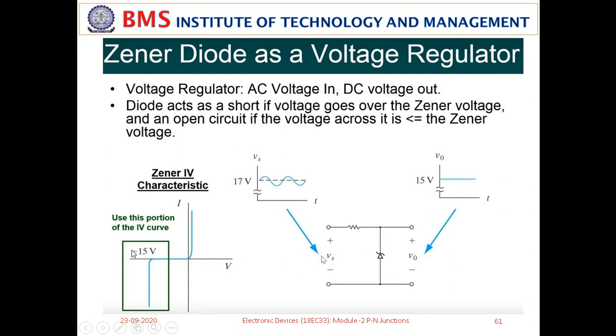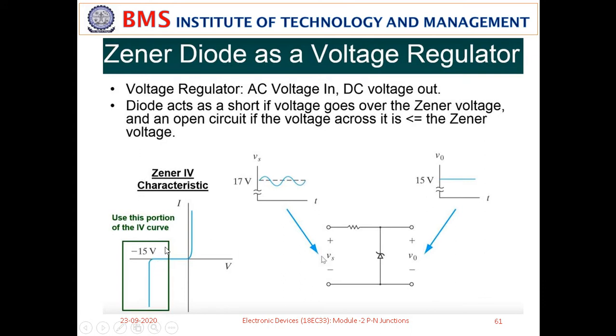So, the Zener diode. If you look at the characteristics, the forward characteristics are almost the same as a normal PN junction. Current flows in an exponential manner, but in the reverse characteristics, this is a specially designed diode which should be operated in reverse bias. Whenever a breakdown occurs, the Zener maintains a constant voltage of minus 15 volts. So, you need to identify the breakdown voltage. That is one of the important specifications of the Zener diode, the breakdown voltage.